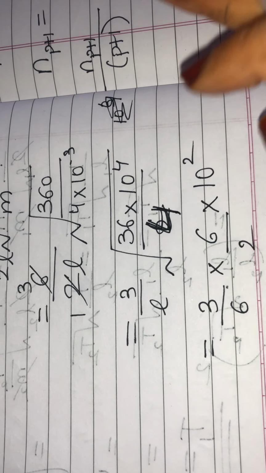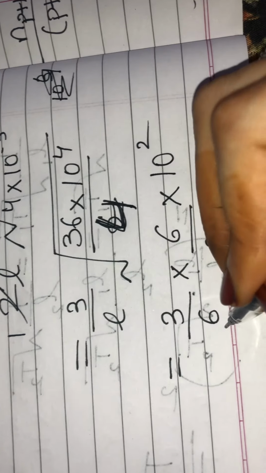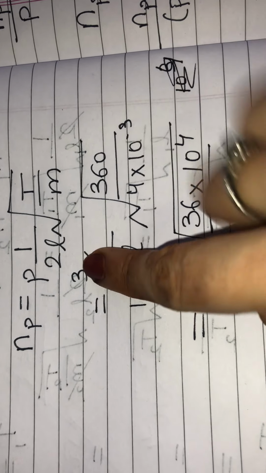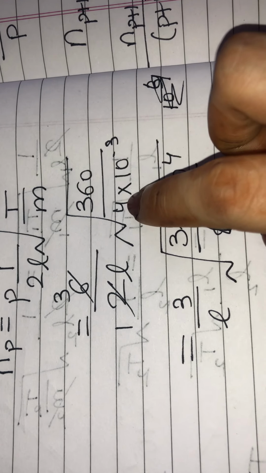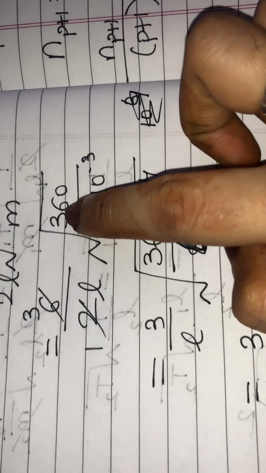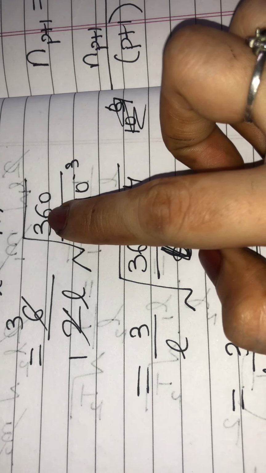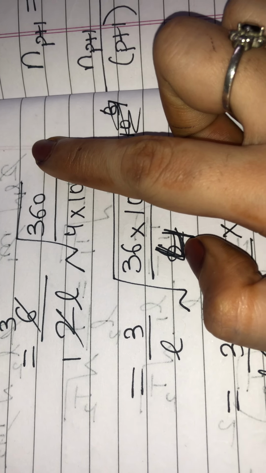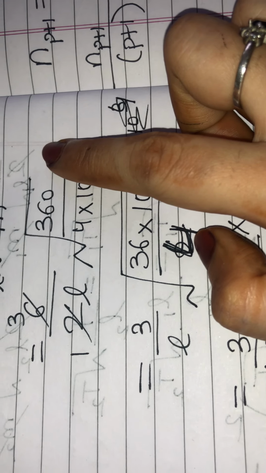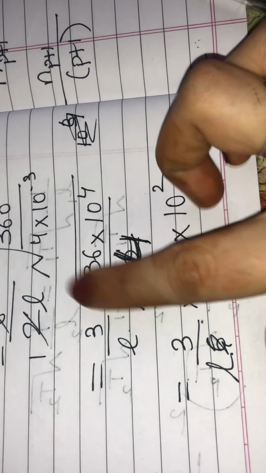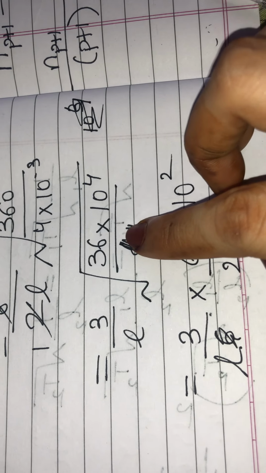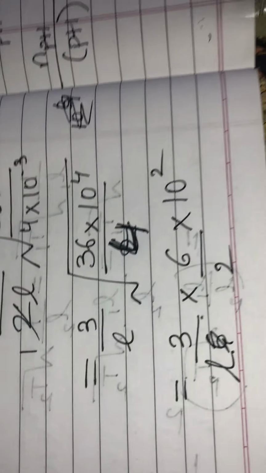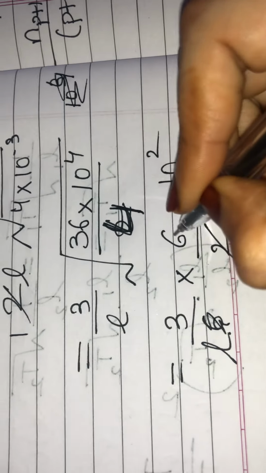Right? I did some mistake. Okay, at the place of this L, I'll write L. See, I'll explain it once again. 2 1s are, 2 3s are 6. So what remains in the numerator? That is 3 upon L. 3 upon L, square root of 360 upon 4 into 10 raised to minus 3. So 36, okay, 4 as it is. I'll take this 10 raised to minus 3 in the numerator. That becomes 10 raised to positive 3 and this 0, that is 10 raised to 4, and 36 as it is. Now I'll remove this out of the square root. 3 upon L as it is. Square root of 36 is 6, of 4 is 2, of 10 raised to 4 is 10 raised to 2. Hope this is clear to you now. 2 1s are, 2 3s are.